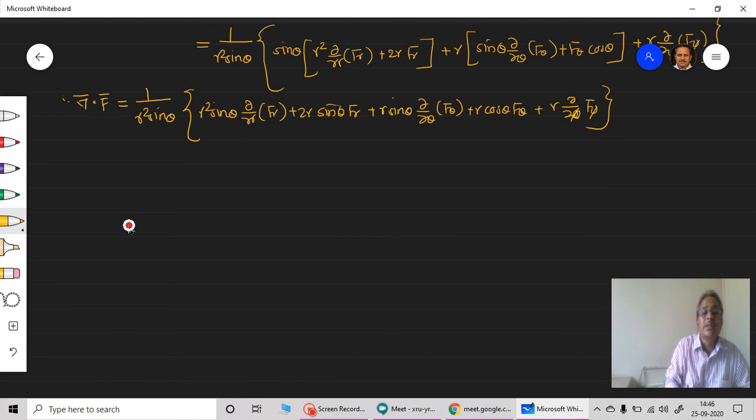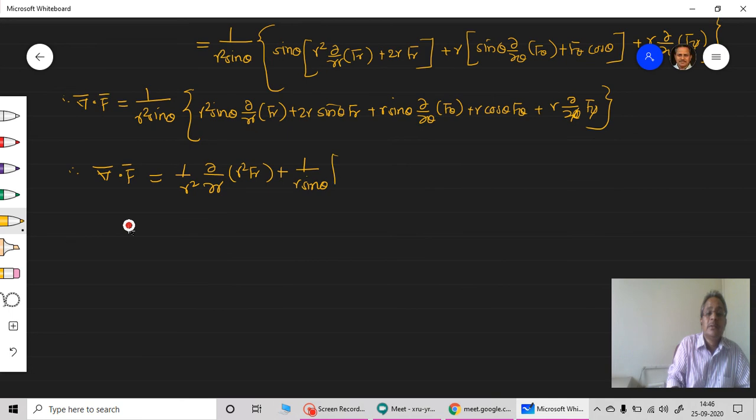Okay, and now you can take this r square sin theta inside this bracket, and therefore the last term comes here, you can get this del dot f bar. So this r square sin theta, this r square sin theta, there is r sin theta, there is r sin theta, there is r cos theta, there is r only. Accordingly, we will get the final expression as 1 upon r square, small r square, into the bracket into del by del r of r square into fr. Simplification. Okay, one more step, in between step I have skipped, plus 1 upon r times sin theta into the bracket